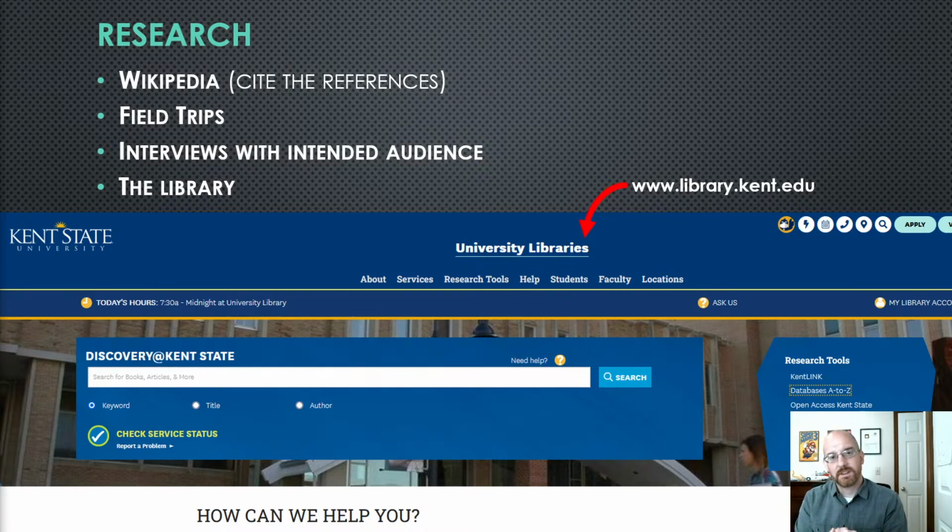And then, there's this thing that the university has called the library. You might have heard of it. It's kind of amazing. It's like this building with books and knowledge in it. You should go there and use that too. And if you go to